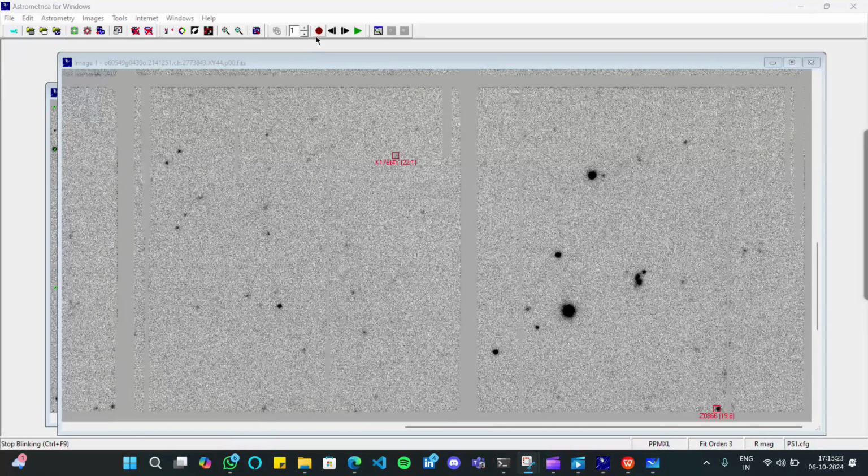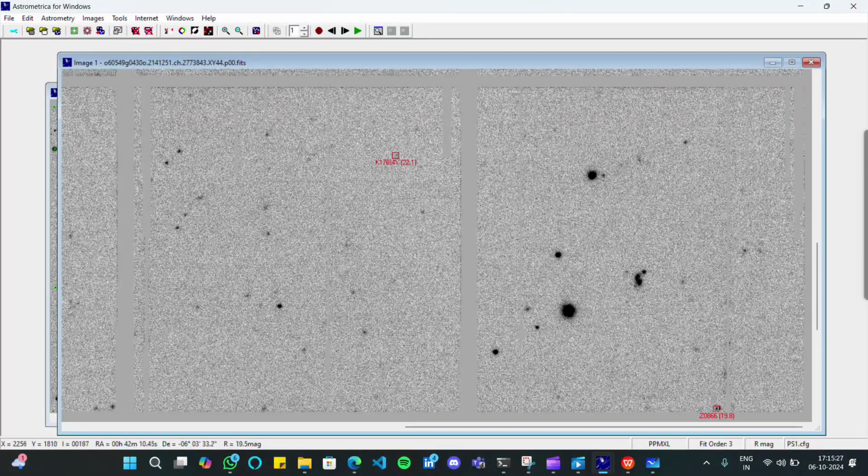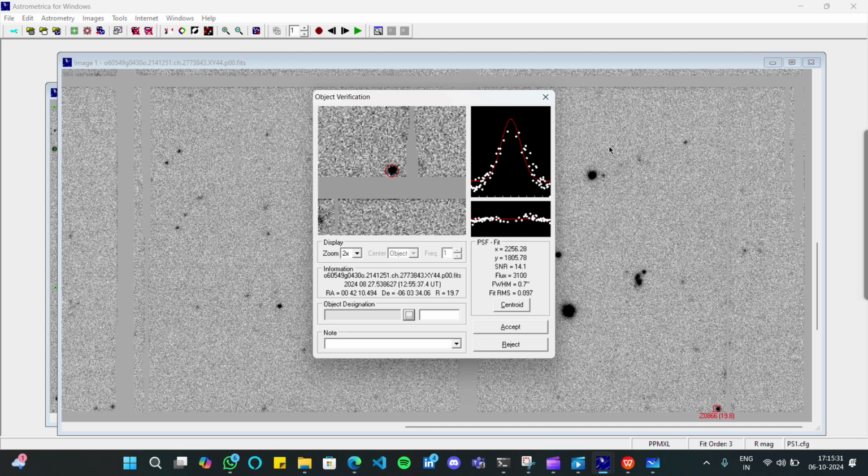Let me pause it and click here. The clustering part is also done, and the SNR is greater than 5. Everything is satisfied here, so this is an example of an asteroid.